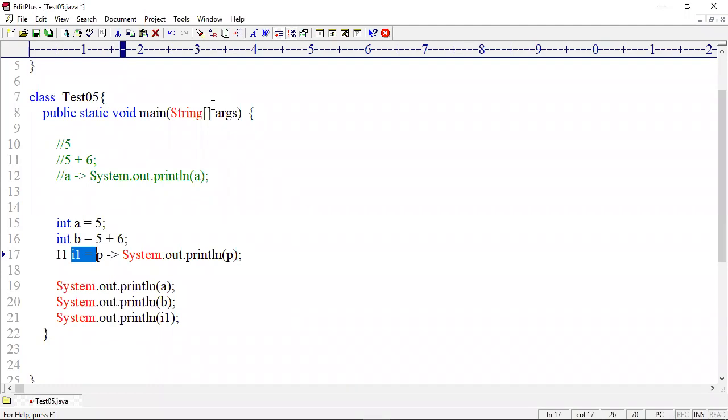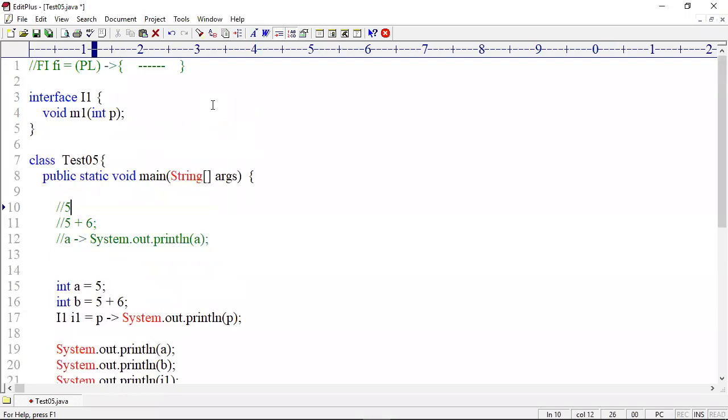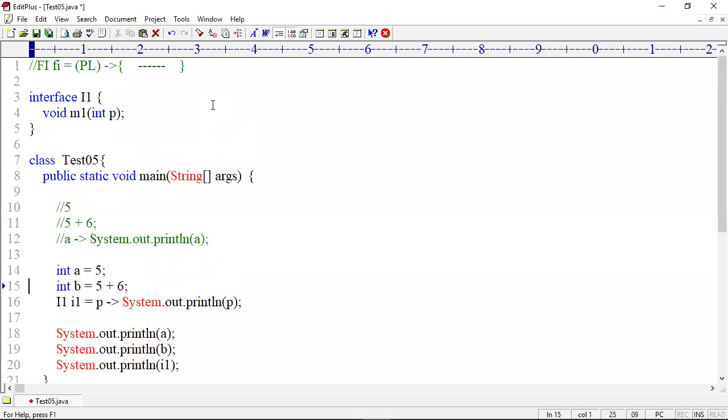I1 value is P. I1 value is this entire lambda expression. What is I1? A reference variable. A is a primitive variable, B is a primitive variable, I1 is an interface type variable. An interface reference variable contains an object reference. Then what is I1? It is an object reference.